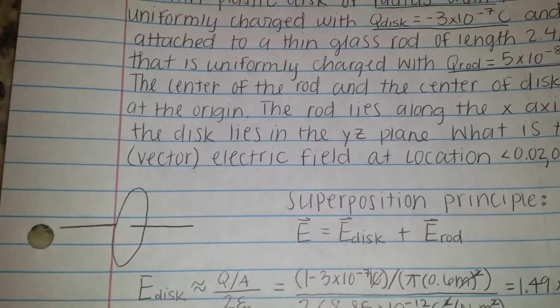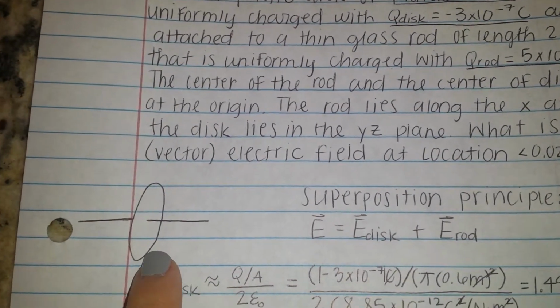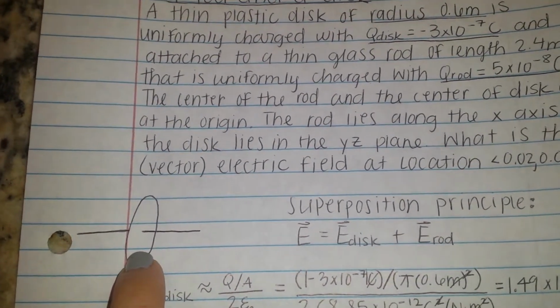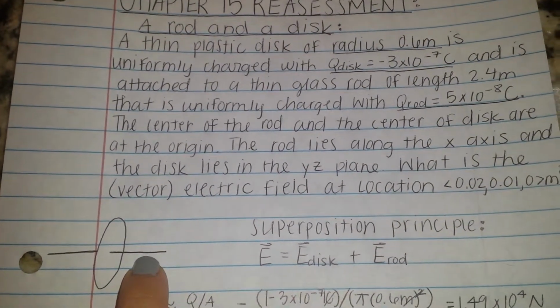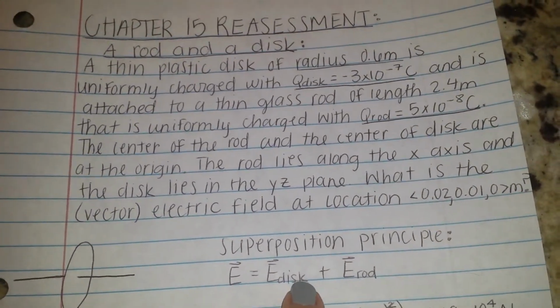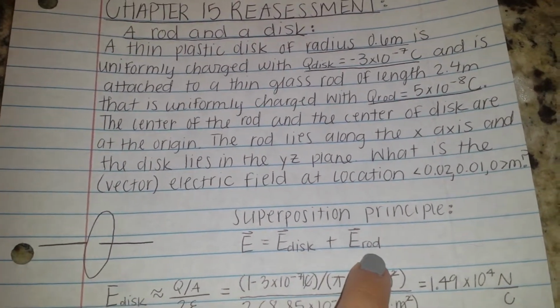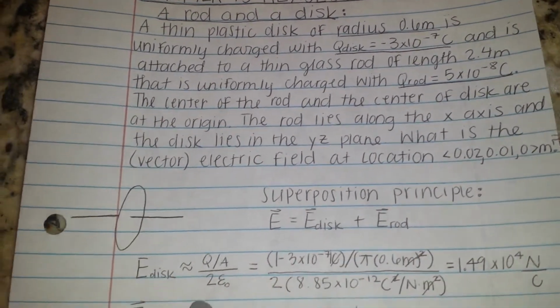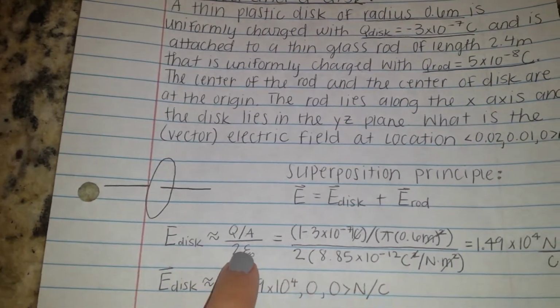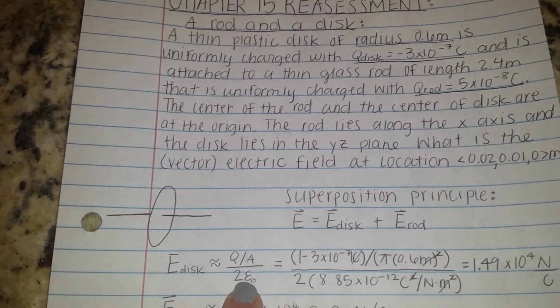So this is a picture of what it looks like, the disc and the rod. You have to use the superposition principle and add the electric field of the disc plus the electric field of the rod. So first we have to find the electric field of the disc by using this equation. We use this equation